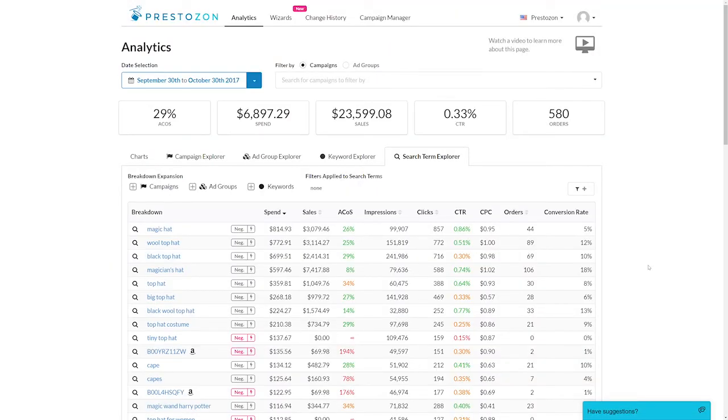Let's take a look at the power of the Prestozon Search Term Explorer. This is the best way to look at how your search terms are performing in your account, and it's a great way to find new keywords and new negative keywords. I'm going to go through this as if I was analyzing an account so you can get some tactics on